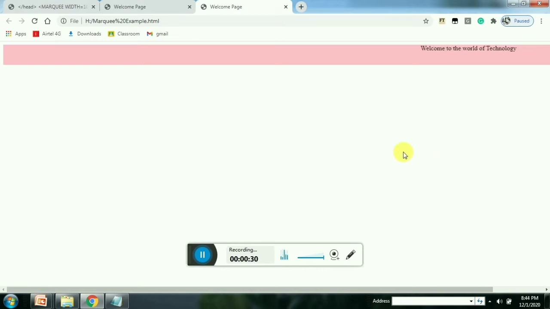Here you can see the scrolling piece of text on your web page. So the marquee tag is used to display a scrolling piece of text on the web page. This is an example of the marquee tag.